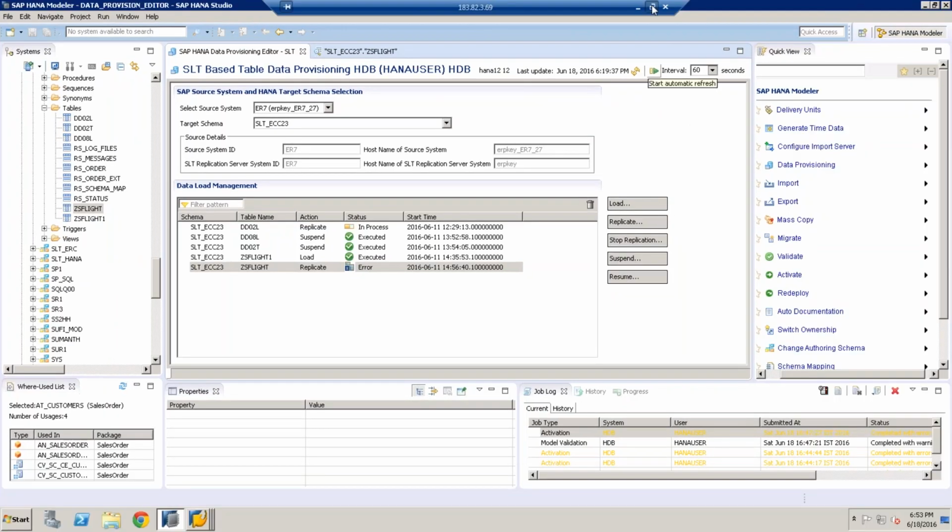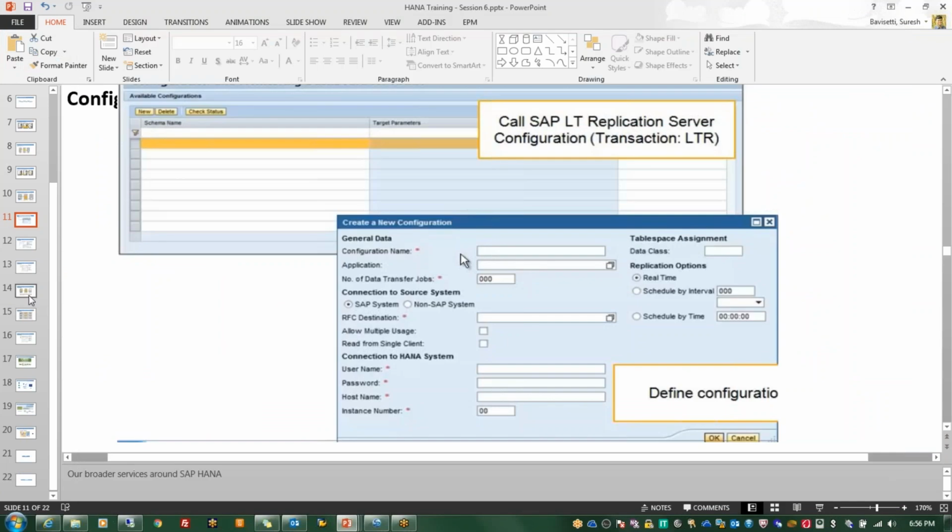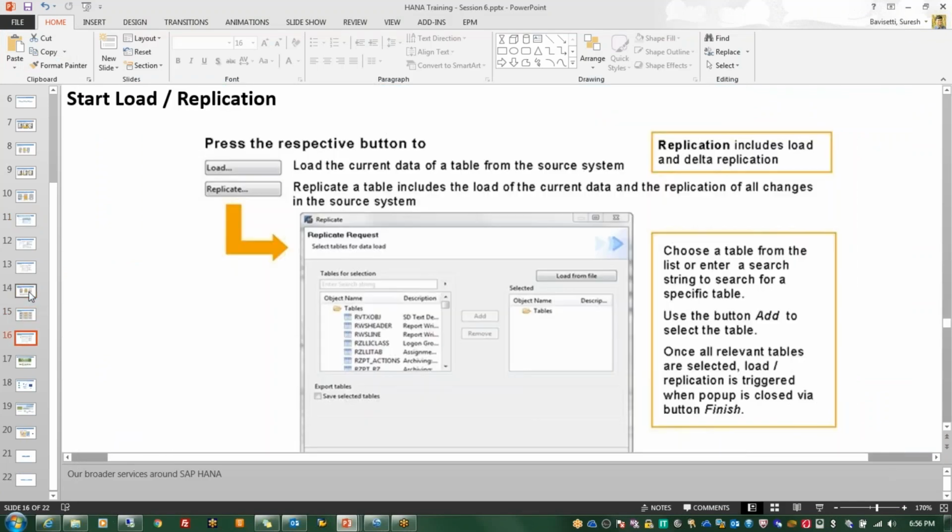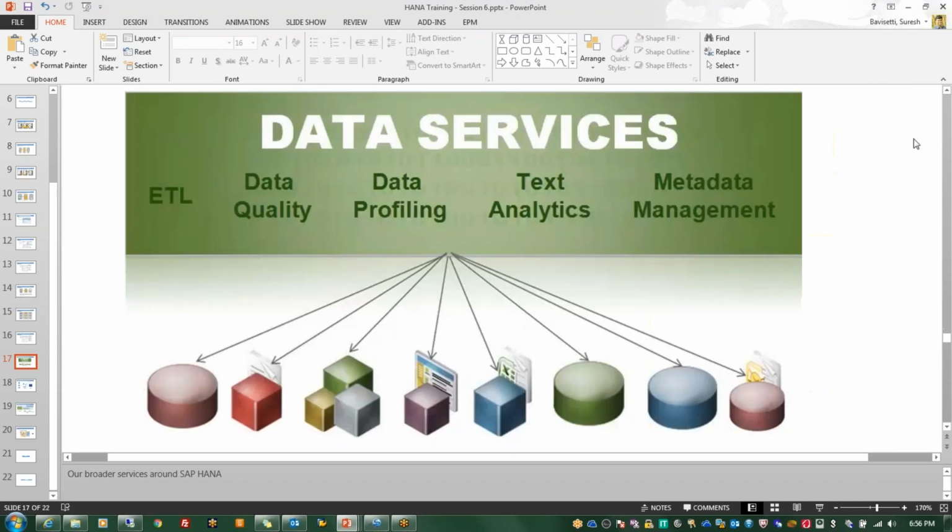So this is the LT replication concept. Next, we have discussed two replications as of now, flat file replication and SLT replication. Now we are discussing ETL replication. For ETL replication we can approach the BODS system. The BODS can access data from different source systems, and it also does data profiling, data quality,